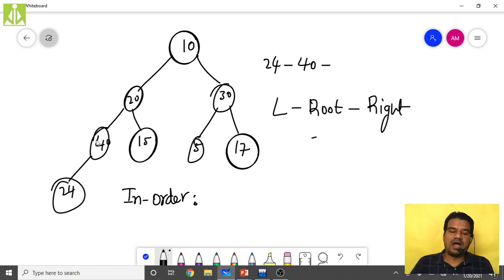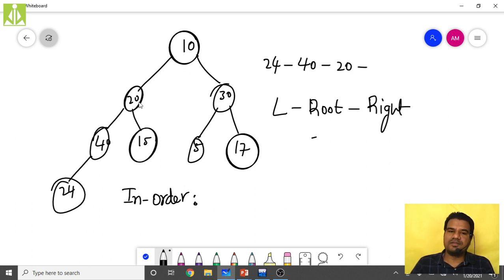So then after visiting 40, what we are doing? After visiting root, try to visit right. We don't have any right, isn't it? We don't have any right. So come back to 40 and move one step up. So we are at 20 now. For 20, when 20 is root node, left node already visited, 40 already visited. So what we have to do? Visit the root. So that is 20. Visit 20. So 20 we are visiting.